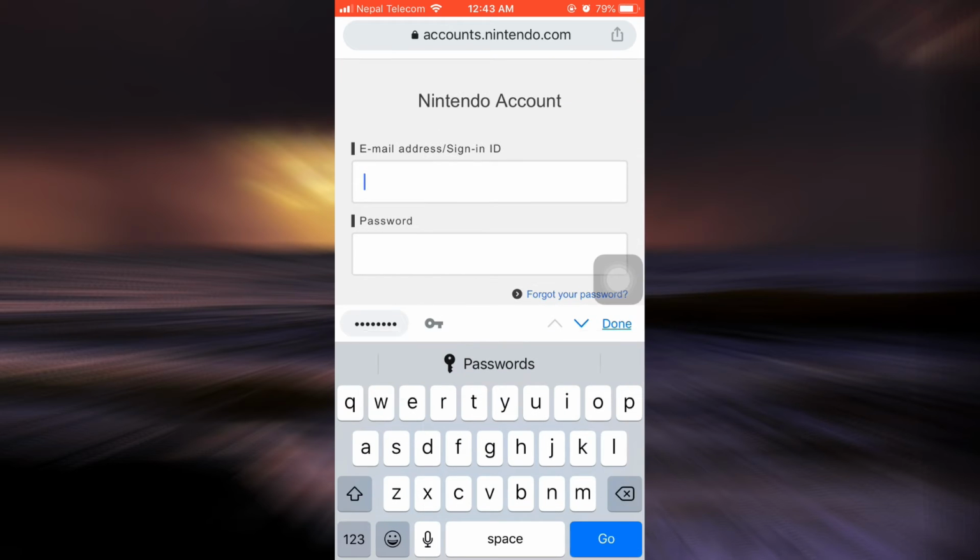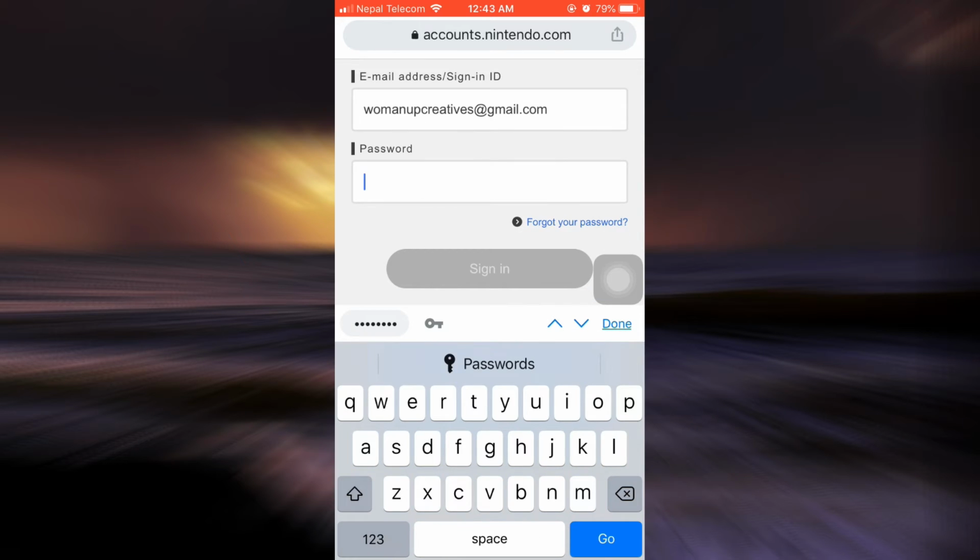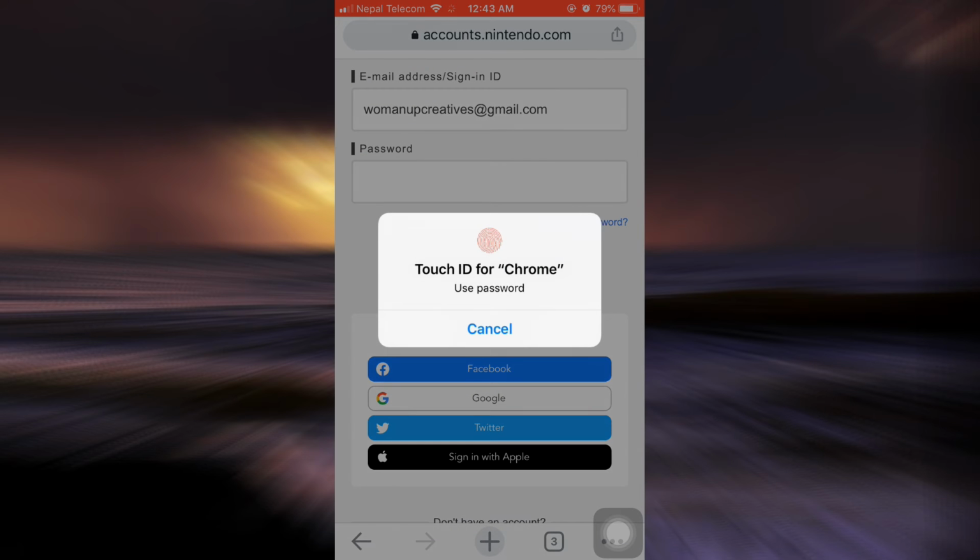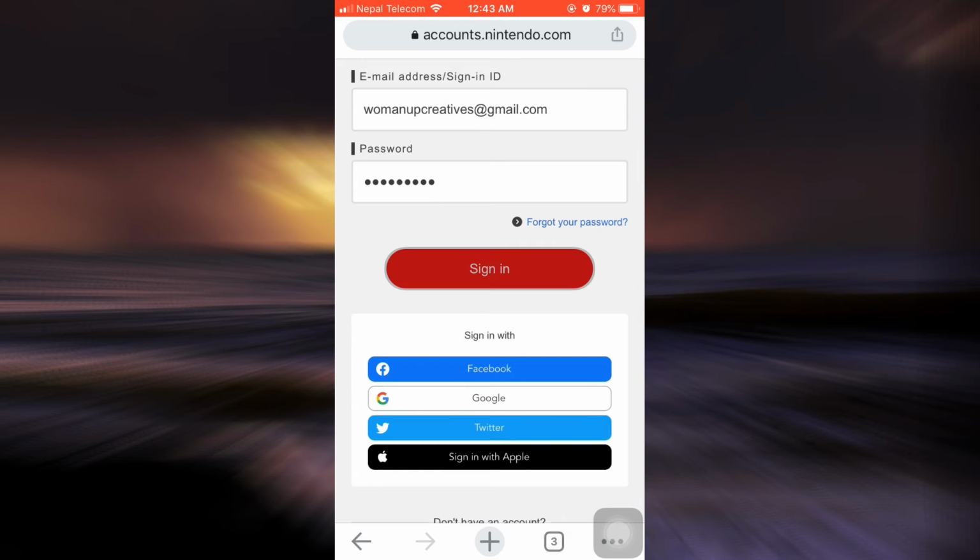So here I'm just gonna enter my email address and then also enter my password. After doing so, tap on sign in,